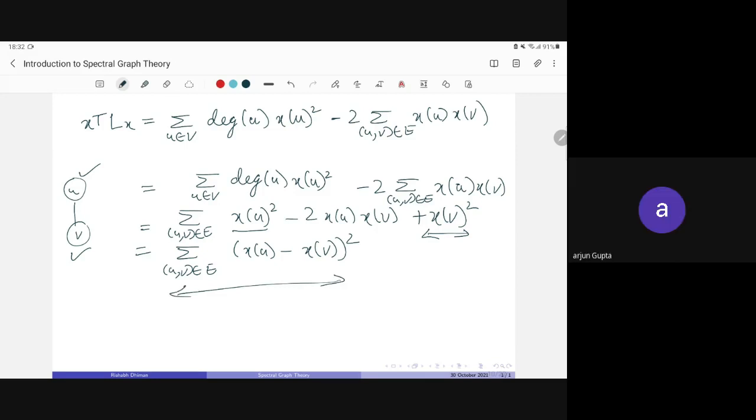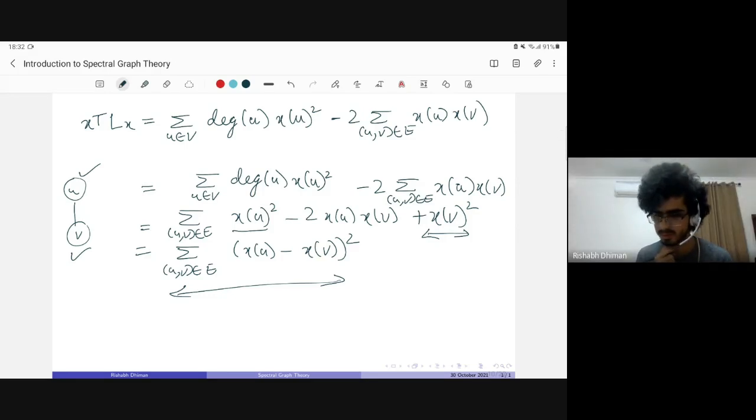I didn't get this last point you made, that counting this twice. So you notice that you have two xu squares here. Now, a fairly obvious question will be, why is there no 2 here? The thing is, if you look at each degree, this edge will first be counted once by degree u, and then again be counted by degree v. So if you add a 2 here, you actually end up counting each edge 4 times, rather than twice, which is what you should be doing.